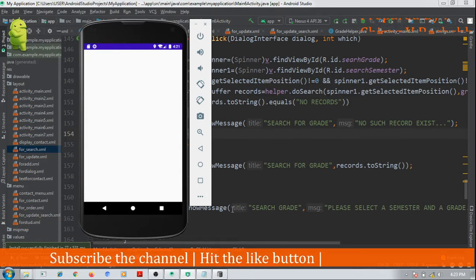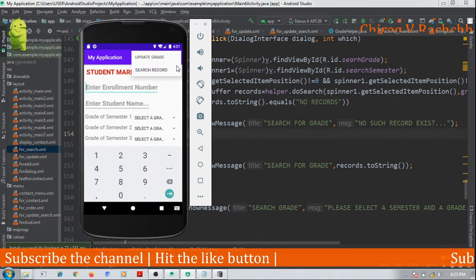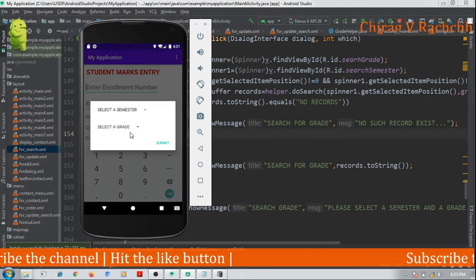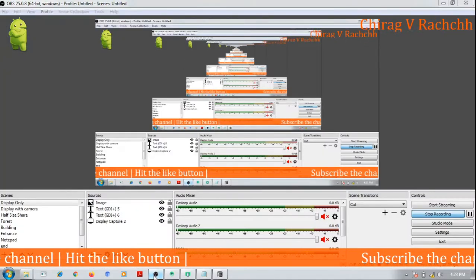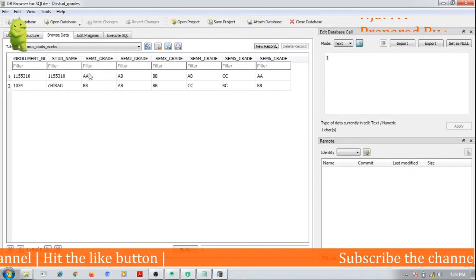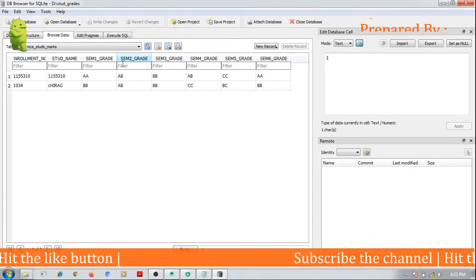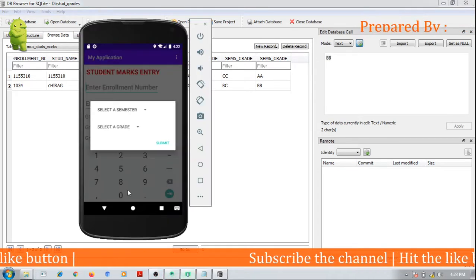So the output of the activity is again in front of us, and we will search for the records. Now clicking on search, it is asking for two things. Let us be clear that in semester 1, I will search for grade BB.